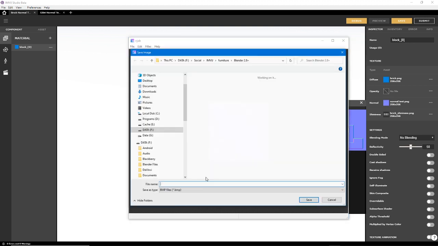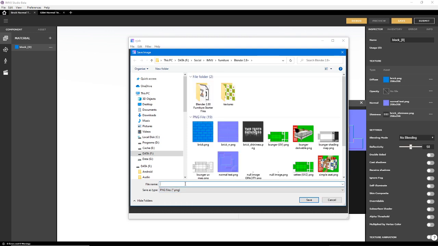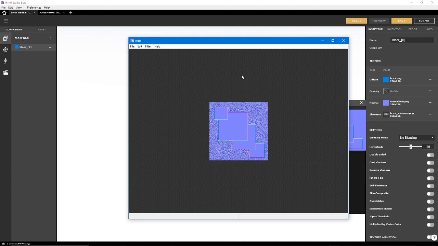Save as PNG. Right, so if we load this version,